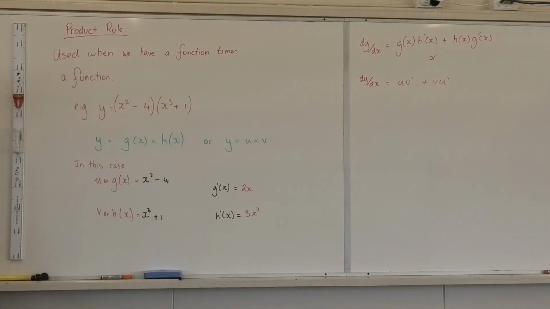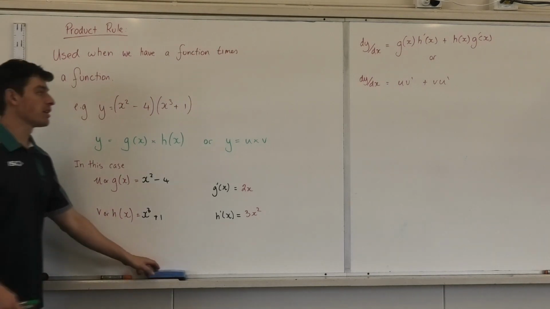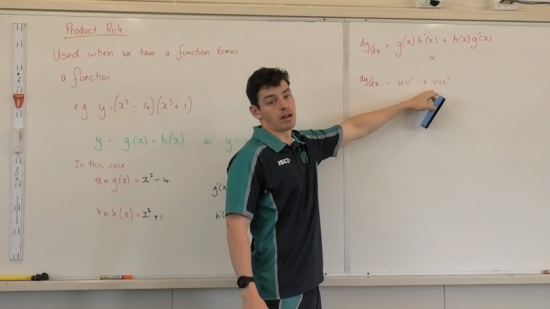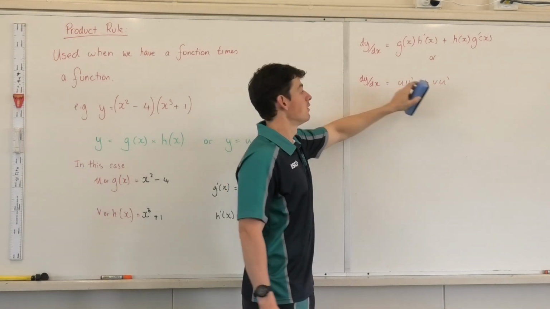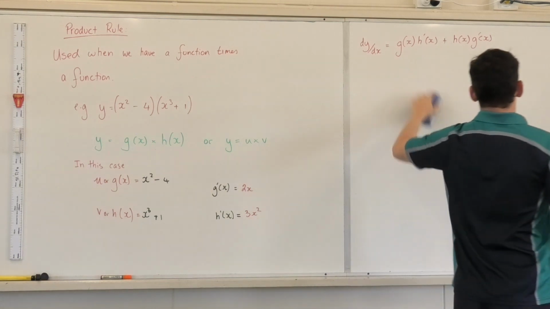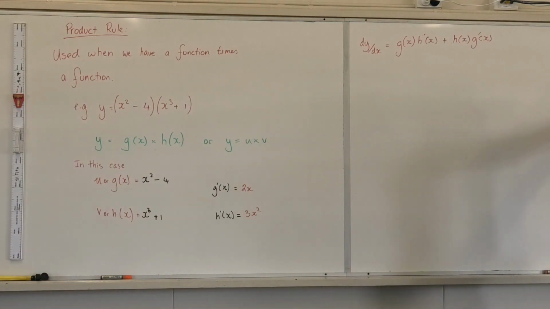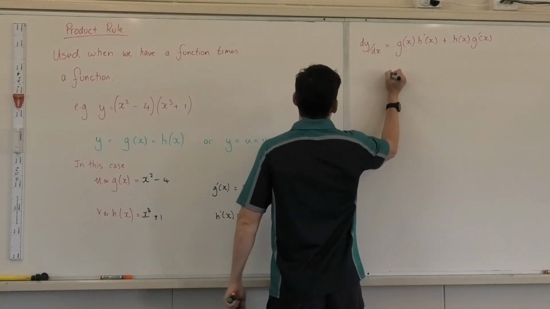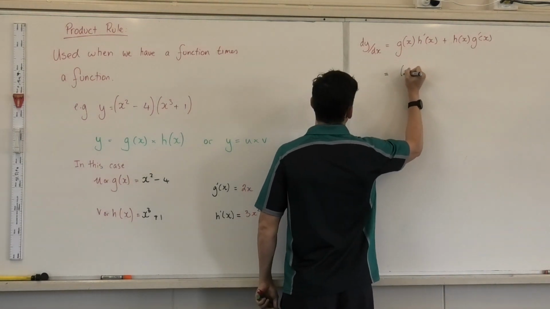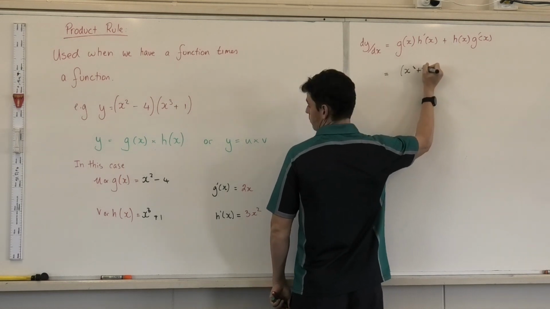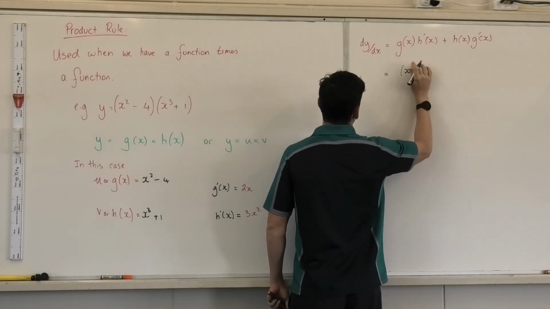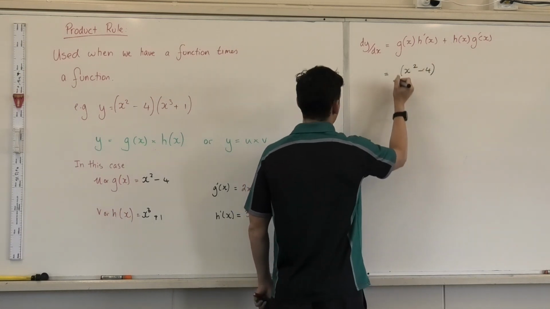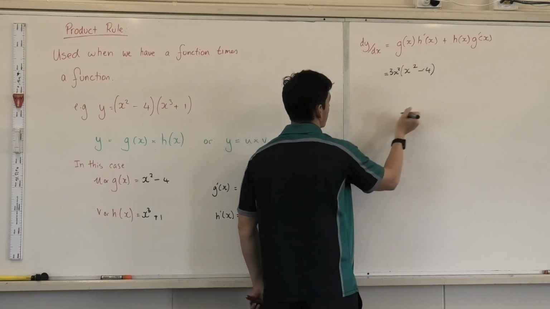I then do what? Sub those in. I'm going to get rid of this rule here because we're not using that, but it's exactly the same. Nothing different about it, correct? Just so I've got a consistent flow of working. So now I've got, what's g(x)? x squared, take 4. What's h dash x? Plus